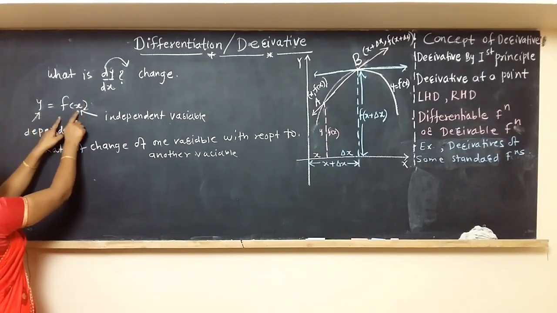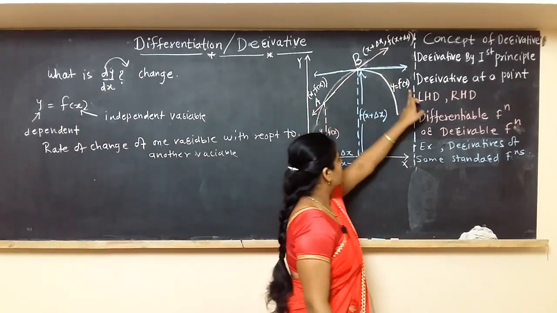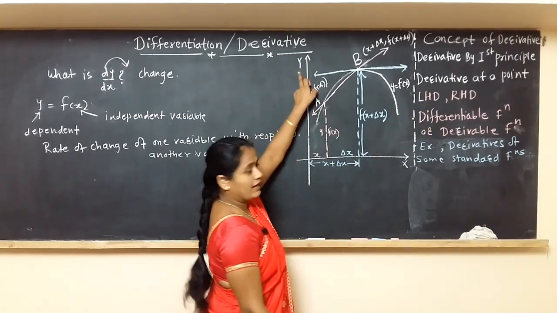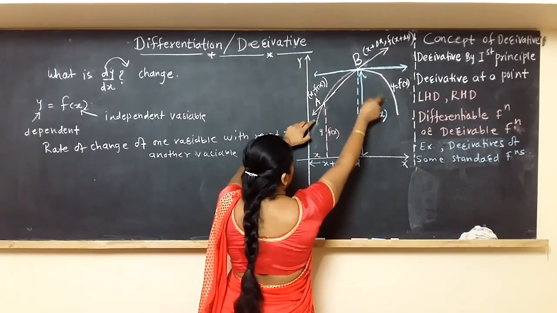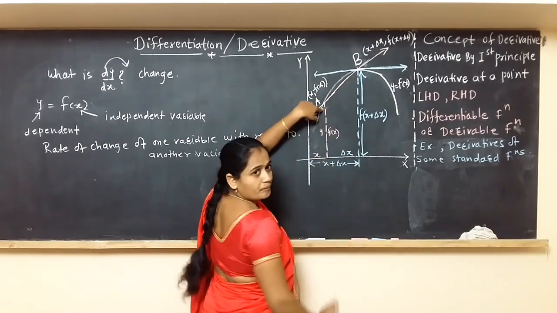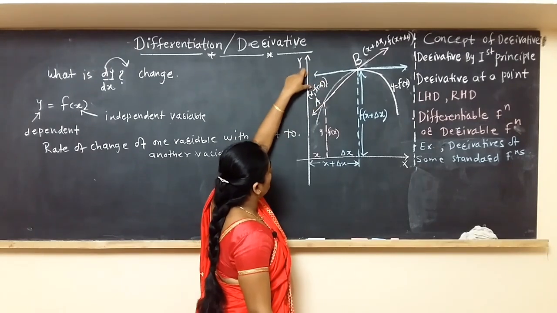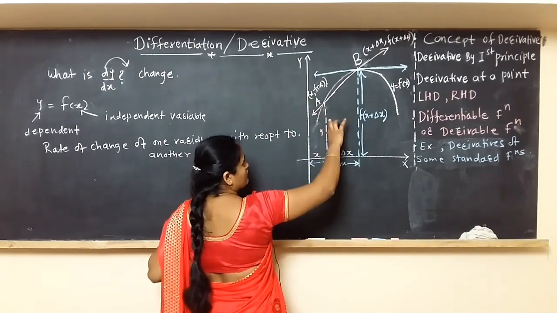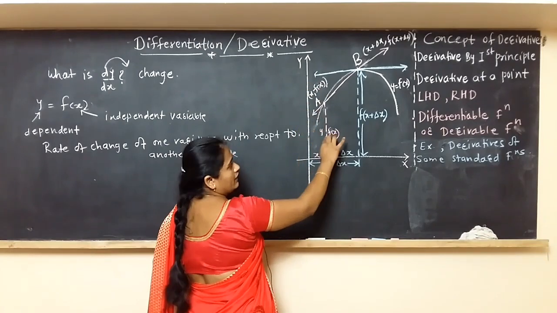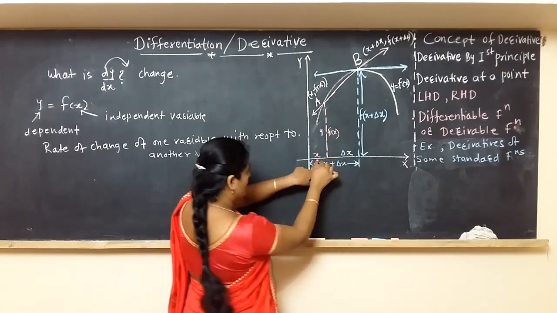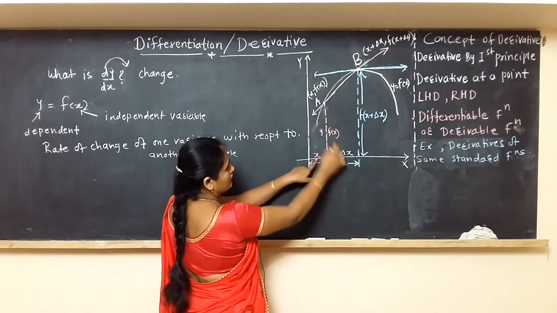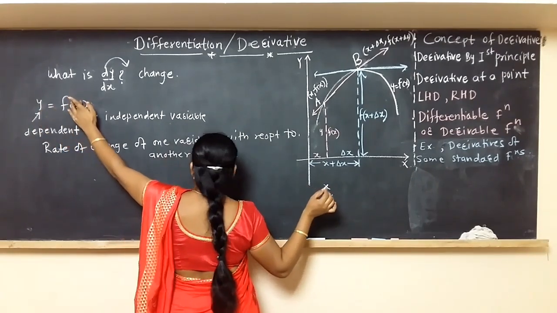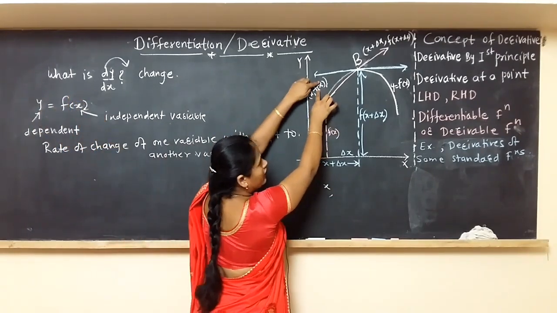So for that I have taken one curve here, y is equal to f of x. It is a two-dimensional curve. X axis and y axis are shown here. On this curve I have taken two points A and B. At the point A, we write its coordinates as x, f of x, because this distance shows x and this whole vertical distance which changes along y is denoted by f of x. Because if we put x in this function y is equal to f of x, we get y as f of x, which is the y coordinate of this point A, that is x, f of x.